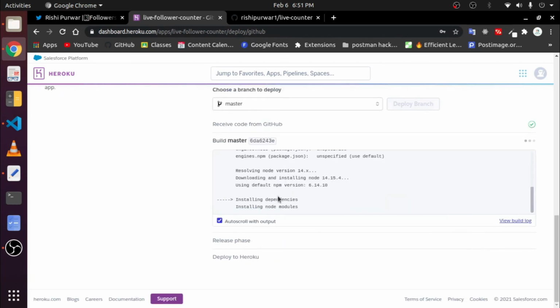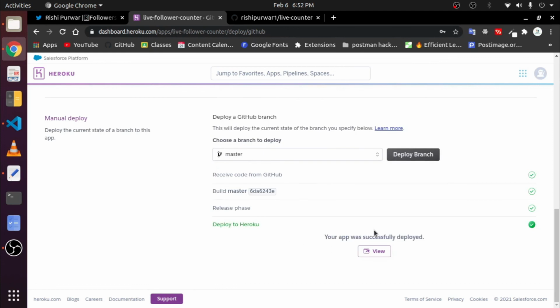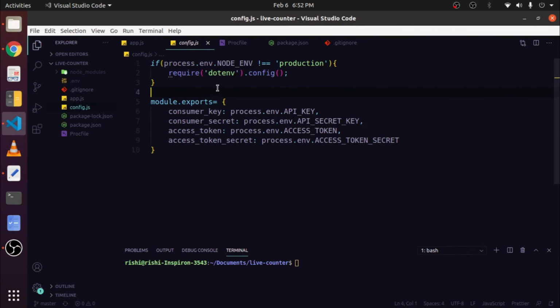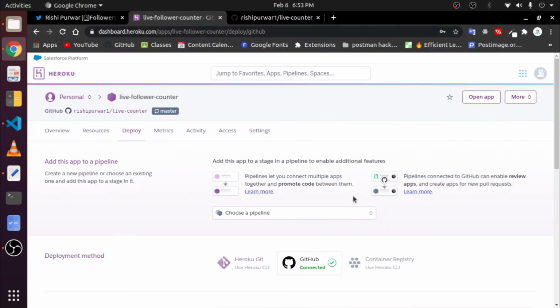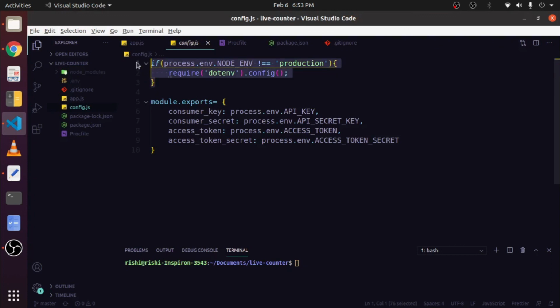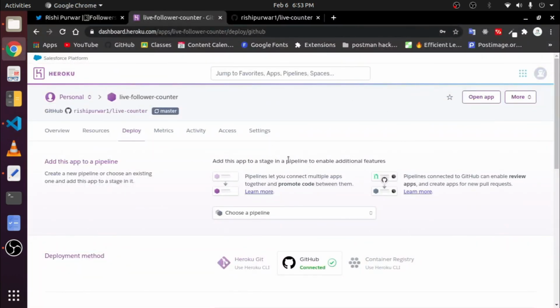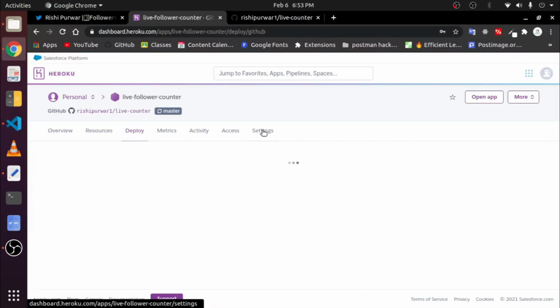Now as you can see, it is installing all the dependencies that are inside the package.json file. Now our app is successfully deployed. I told you at the beginning of the video that we only want to require this .env package while we are in development mode, but here we are in production mode, so we don't want to require this .env package. So to access this API key and secret, we have to store them on Heroku. So to do that, just click on settings